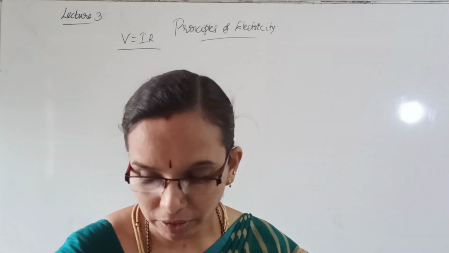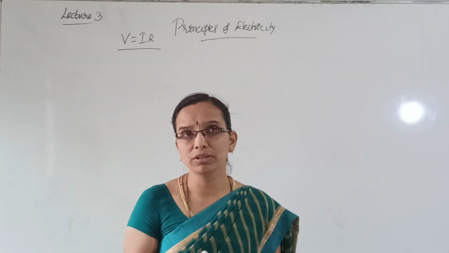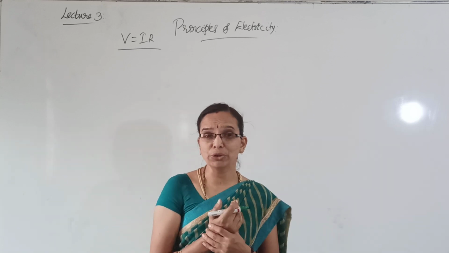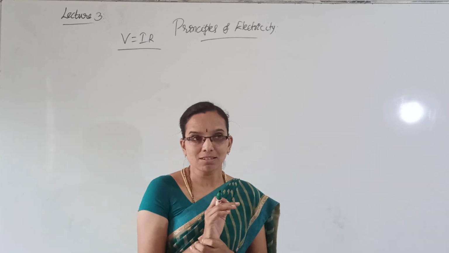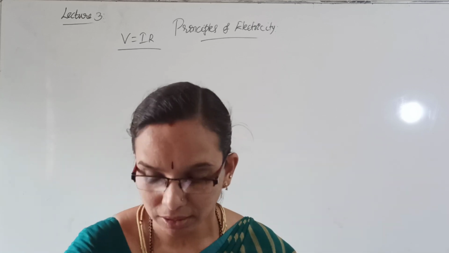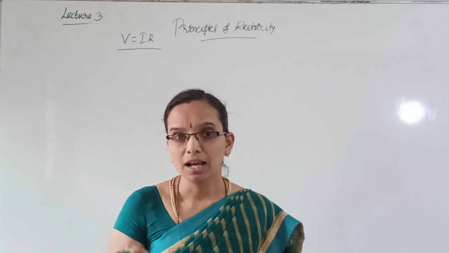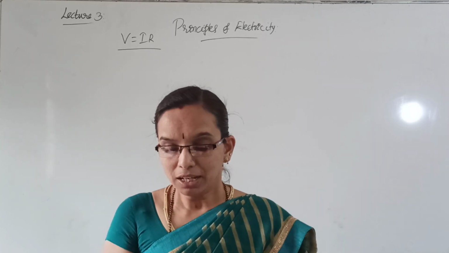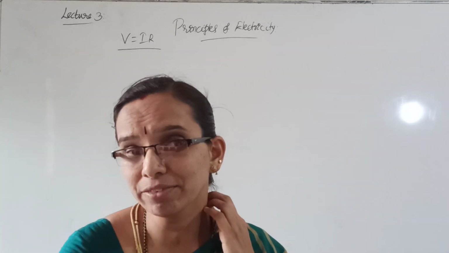The resistors available in the market have a least value of 1 ohm. It will be like 1 kilo ohm, 2 kilo ohm, something like 2.2 kilo ohm, 3.3 kilo ohm, something like that. See, these resistors can be connected as a single resistor as well as a combination of resistors. These resistors can be combined to get the desired value of resistance.